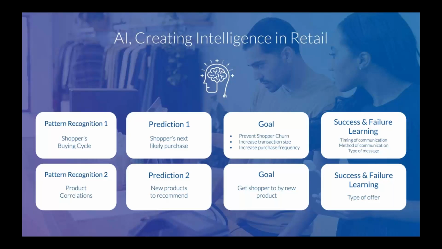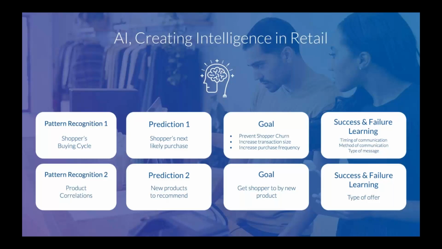We can ask the machine to increase the average transaction size, for example. So the machine may test success or failure by providing shoppers with different incentives, from maybe percentages off to dollar amounts, measuring the results, and then recalibrating for the optimal communication schematic. Another goal may be to ask the machine to increase the frequency of purchases, cutting down the average buying cycle from, let's say, 30 to 15 days. The machine again will try different incentives at different times to optimize the best result in order to satisfy our goal. All of these goals can be achieved from pattern number one.